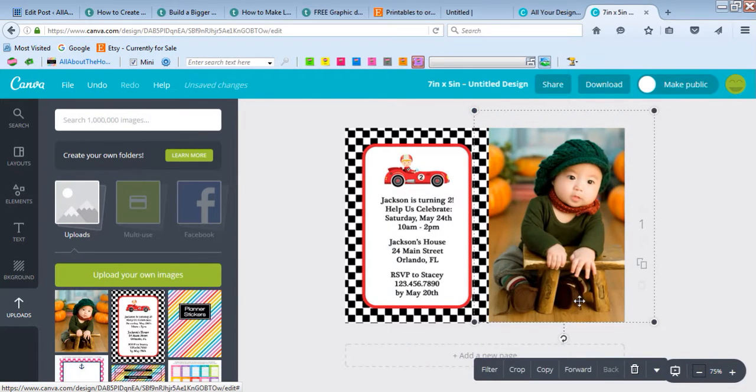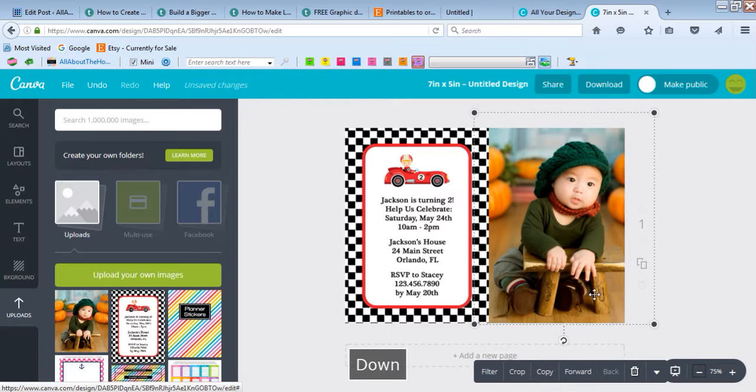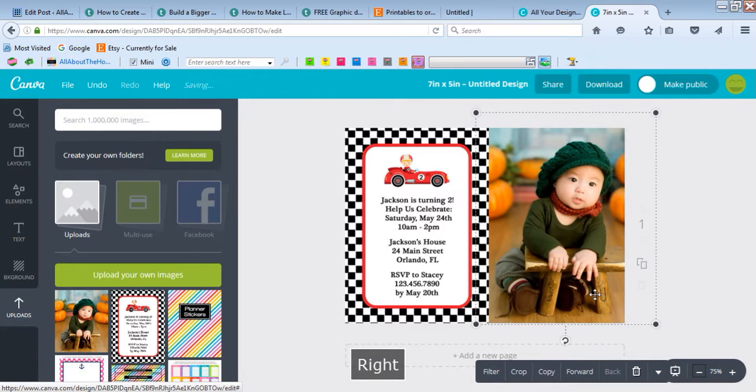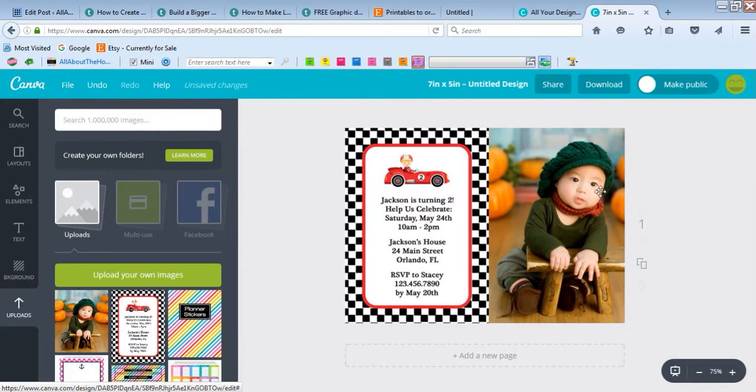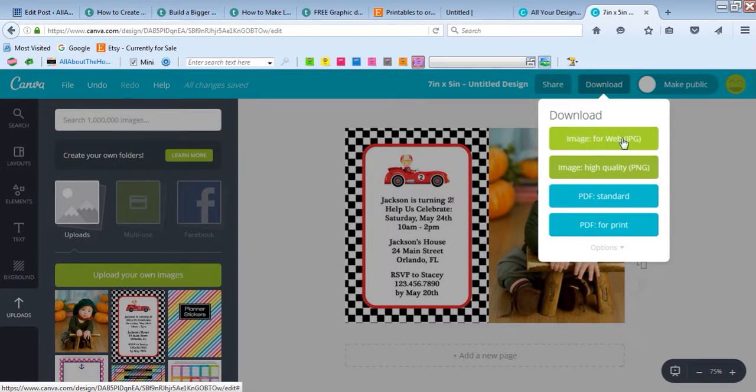That looks pretty good. It's sized pretty well. You can use the little arrow keys on your keyboard to reposition it if you want to. So I'm happy with that. So now I've added in my photo and I've got my invitation on the left. You could switch it around and have the photo on the left and the invitation on the right if you wanted to. So when you have added in your photo, you just go download and download it as a JPEG,